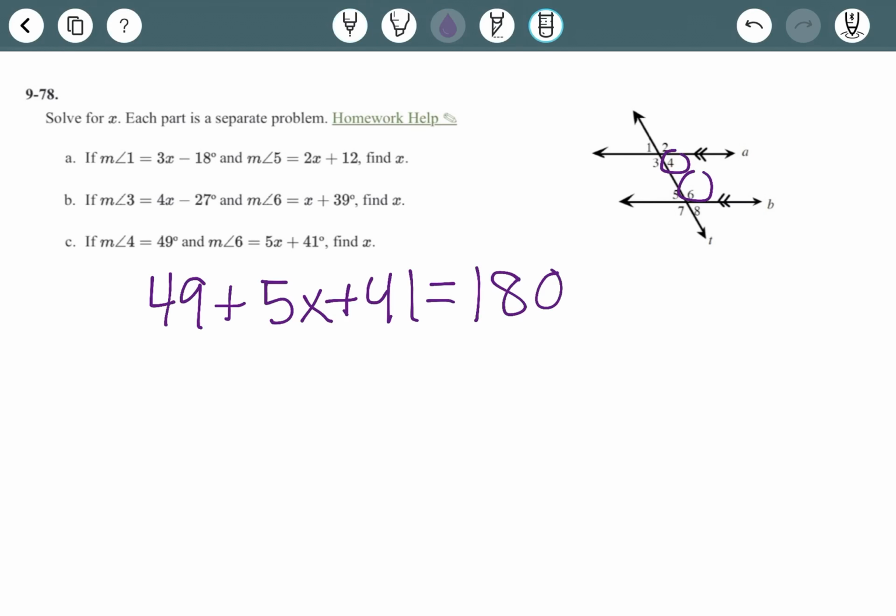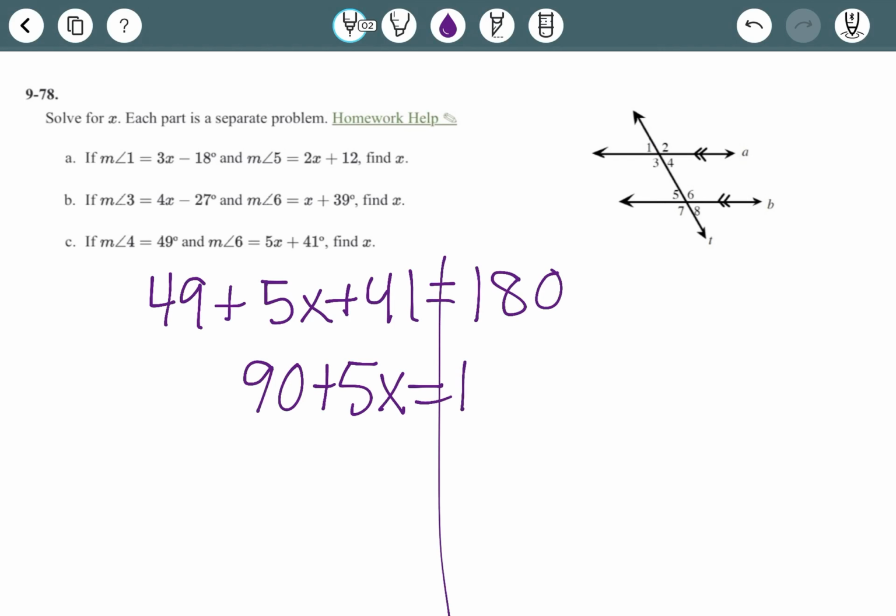Now we can solve this equation. On this side I have a 49 and a 41. When I add 49 and 41, I should get 90. So it's going to be 90 plus 5x on this side